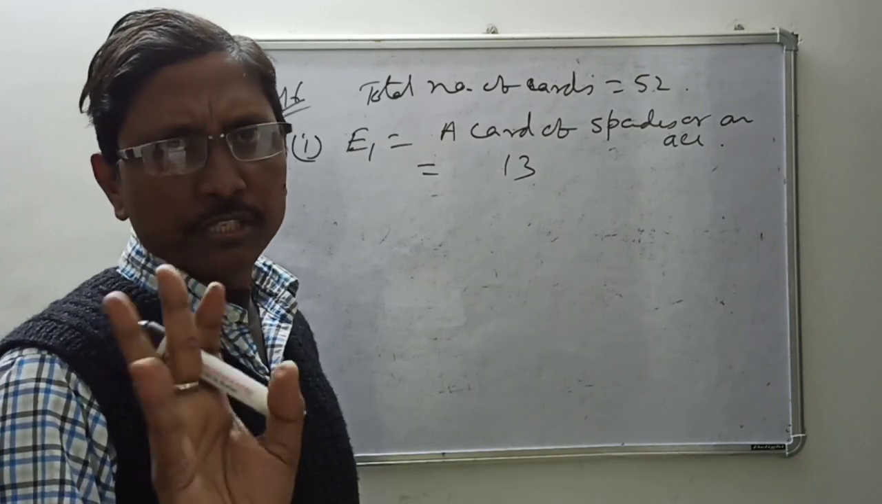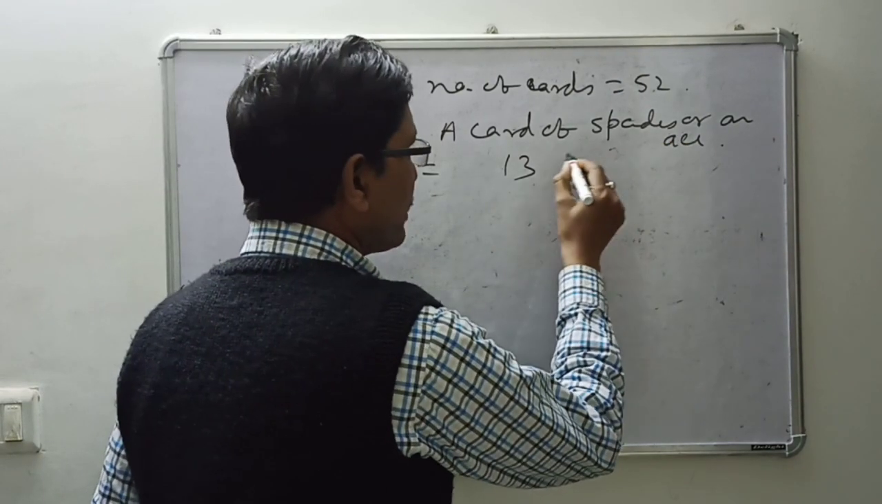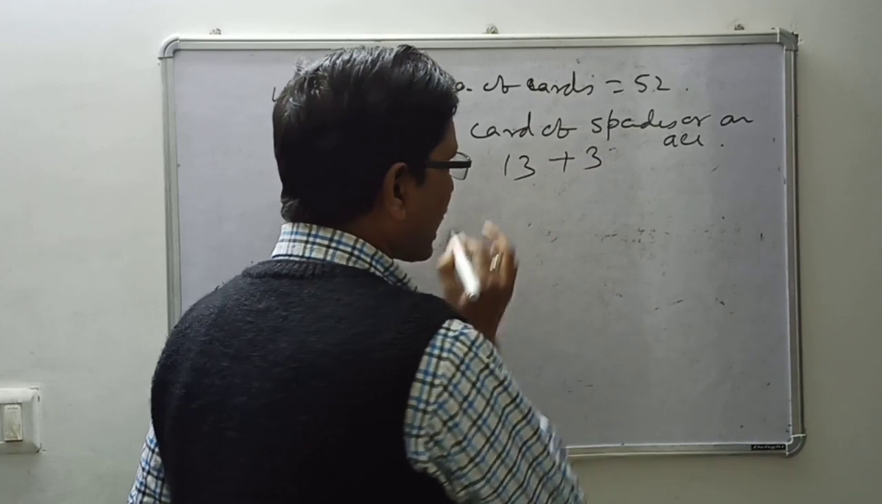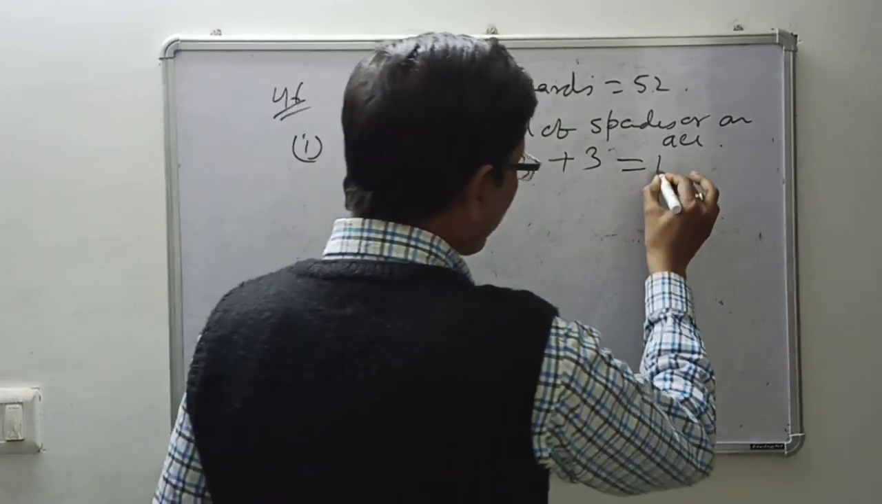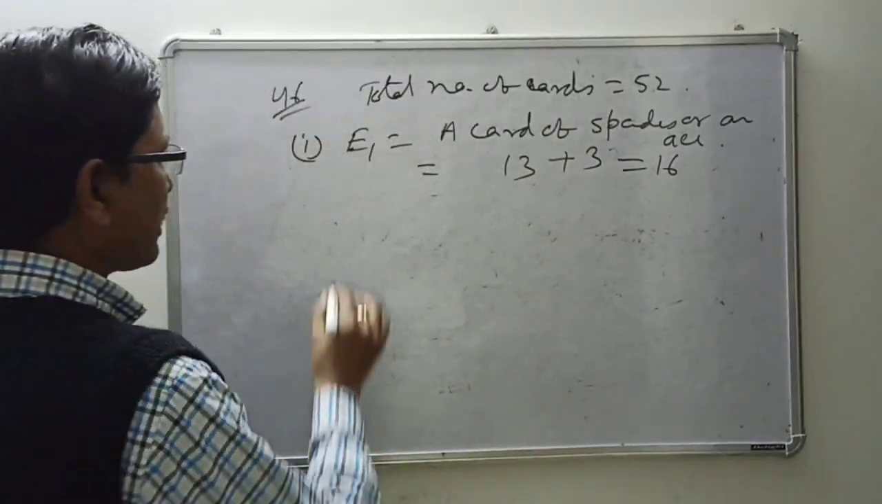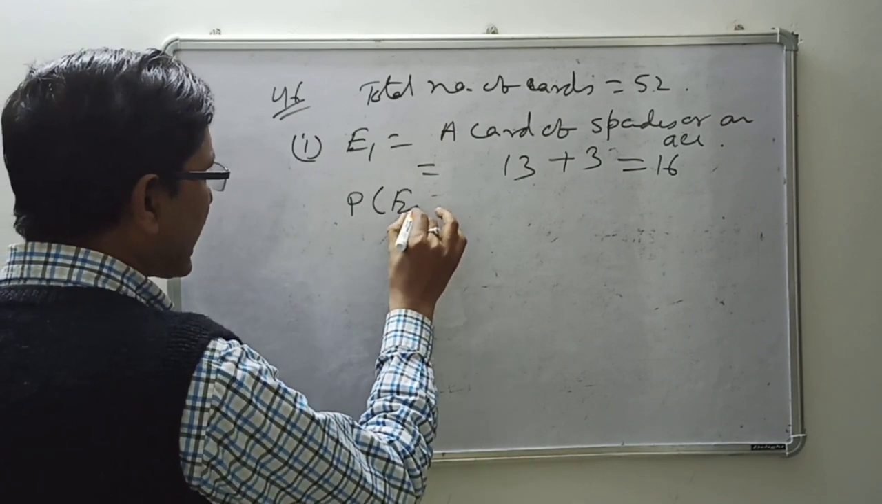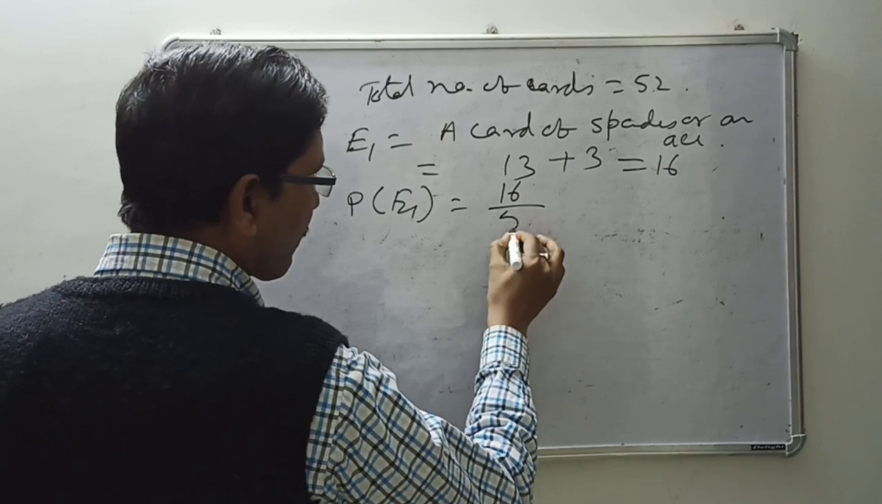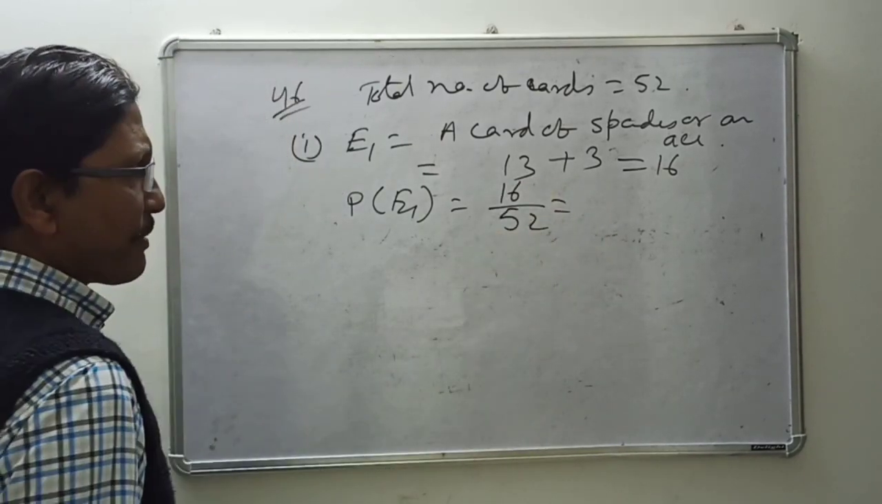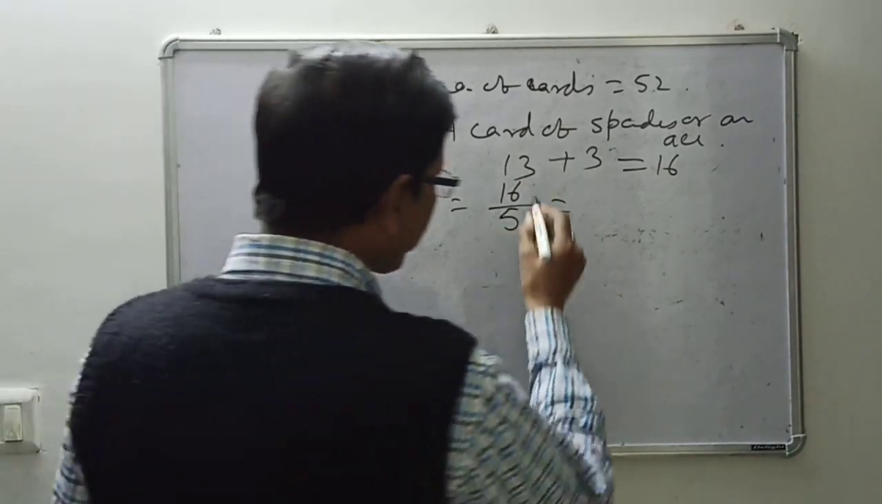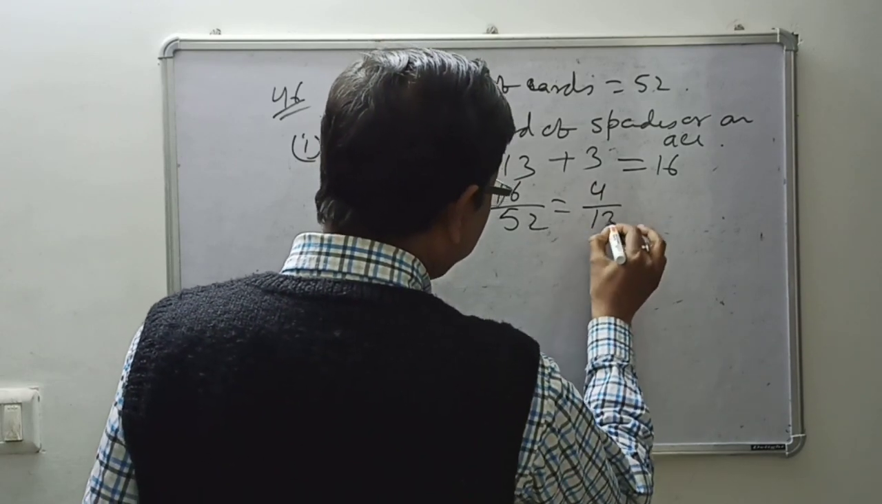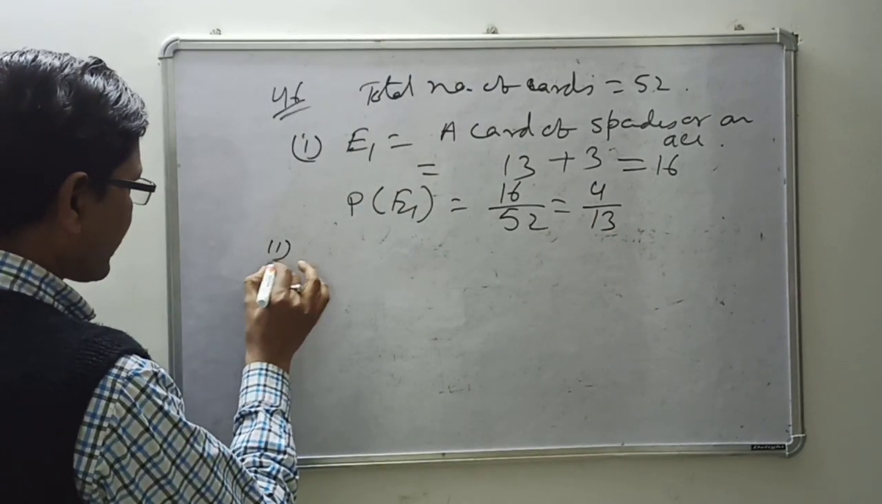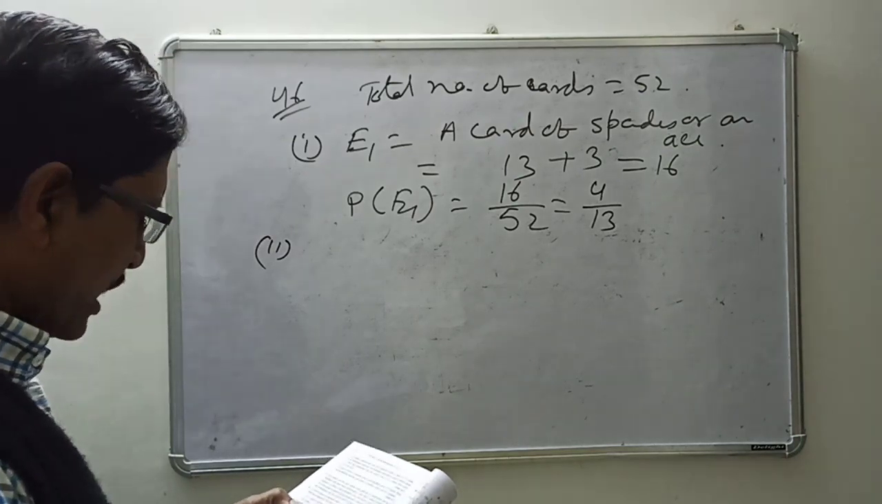So how many are left? 3 more you are having. Or means that will be plus. So plus 3, that will be total 16 cases you are having. So probability of getting an ace or a spade is equal to 16 by 52, number of favorable outcomes divided by total number of outcomes. If you cancel by 4, then 4 by 13. Similarly, second one you have